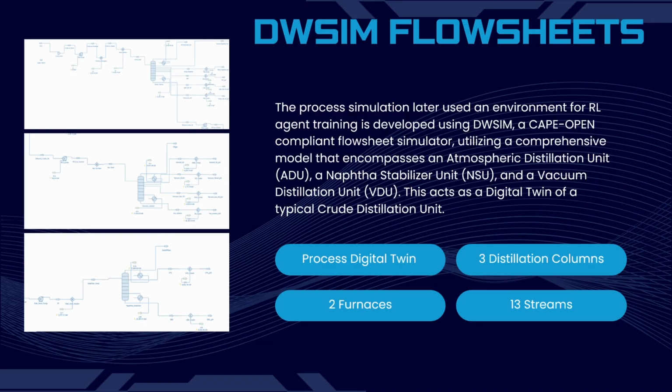Here, this essentially works as a process digital twin for a crude distillation unit. So any changes, let's say if I want to increase the reflux rate, or if I want to draw more naphtha to gain more value, that experimentation can be done on the flow sheet. I can see what effect it would lead to if I increase my naphtha and reduce my diesel, or vice versa. If I increase both, how it will affect the temperature profile in the column. Finally, if the solver is able to handle that or not, that is also very important. We could end up with numbers which are not a proper solution to the problem.